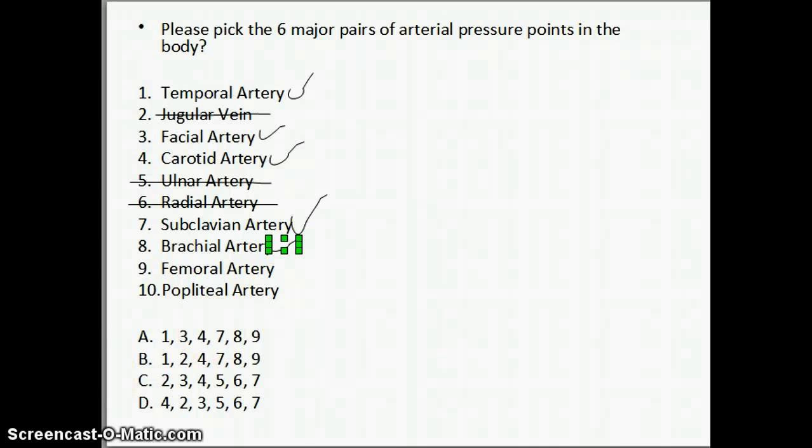And then finally femoral, for bleeds in the leg or the lower leg. The femoral artery would be the pressure point in order to stop that bleed. And then finally the popliteal artery, which is behind the knee. It's a smaller artery and not commonly used as a pressure point because of the small amount of blood and pressure in it. So in terms of the correct response, we have 1, 3, 4, 7, 8, and 9. So if we go down to the bottom, that correct answer being